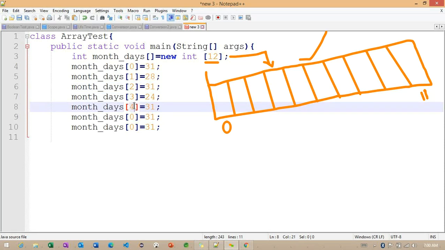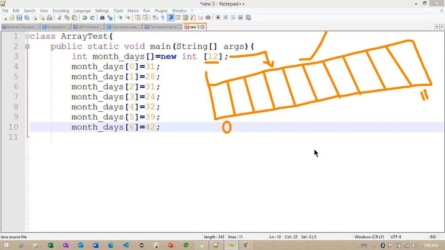Getting the point? For another location we'll check with 32. In the fifth location we can go for 39, and in the sixth location, what is the value I'm trying to store? 42.